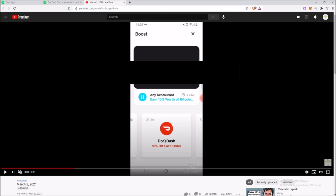Also, at the bottom, we can see some rewards. DoorDash, 10% off each reward. Shake Shack, 15%. Goat, 5%. Anywhere, $5 off one order. These are locked though, so